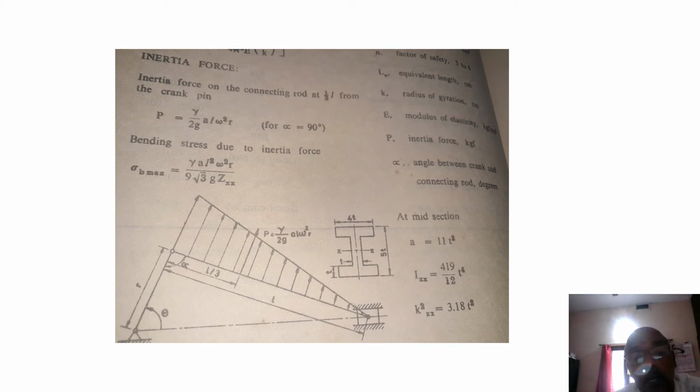So what I have explained in the previous two slides is what are the forces acting: inertia force, gas pressure, and therefore net pressure. And for net pressure, different empirical relations, everything is directly available in the data book, no need of by hearting. When you imagine the connecting rod, the main reason for the force is the pressure inside the cylinder. Gas pressure will be conveyed to the piston rod, then conveyed to the connecting rod, then axial force, then the net force, and the different empirical relations. This much you have to remember.